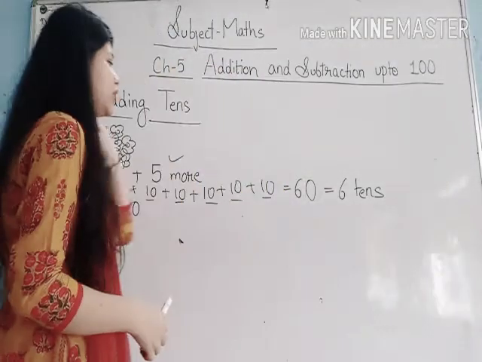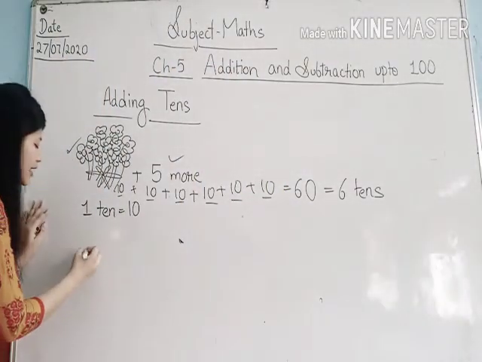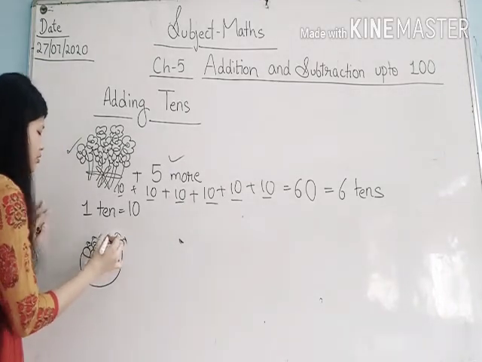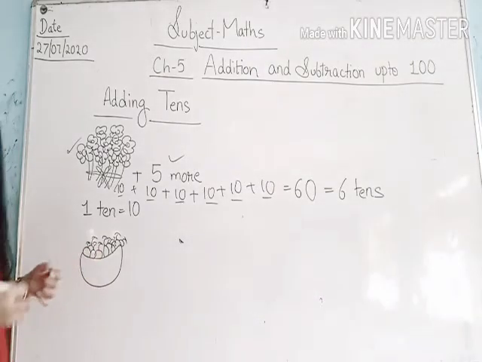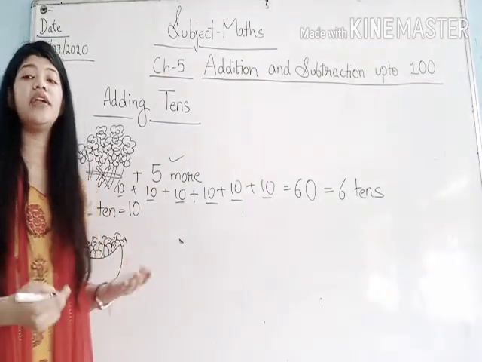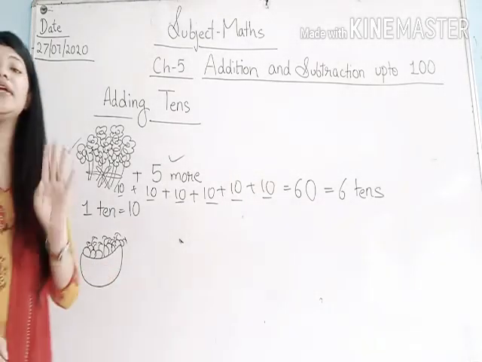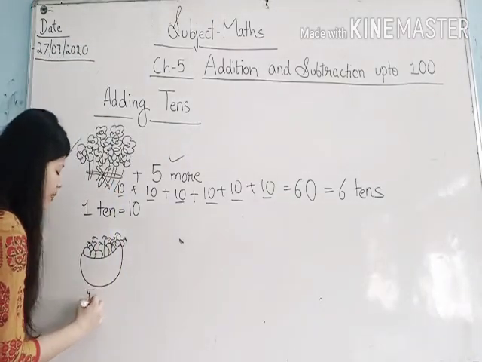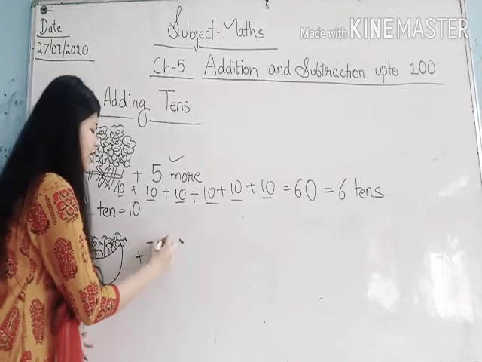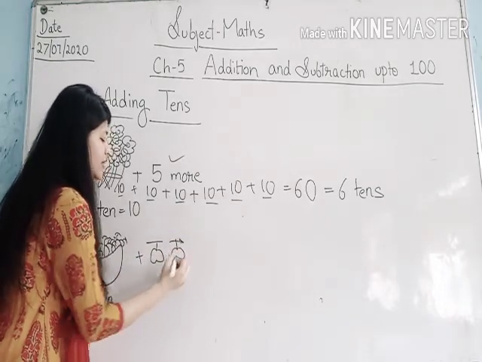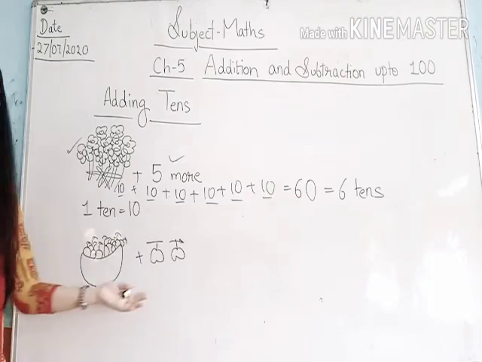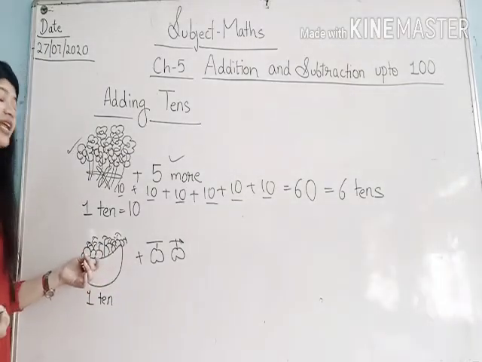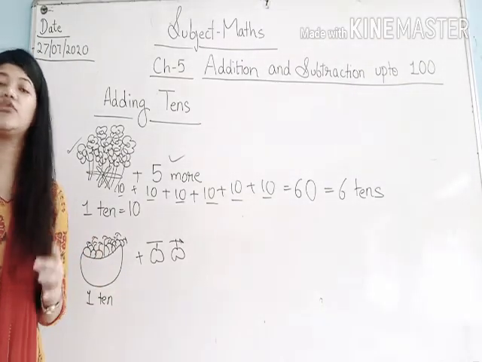Now see students, if I give you another example and tell you that there is a basket having 10 apples. This basket has 10 apples, which can be read as 1 ten. And there are 2 more apples, and I tell you to find the sum of these. So how will you find it? What will you do? You know that in this basket there are 10 apples, which is equal to 1 ten,